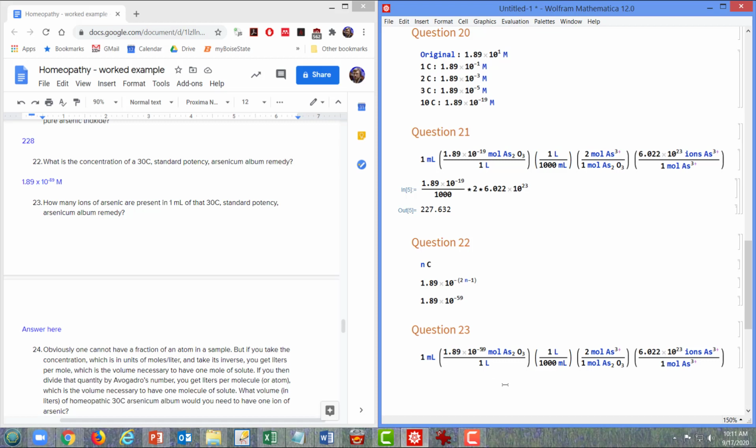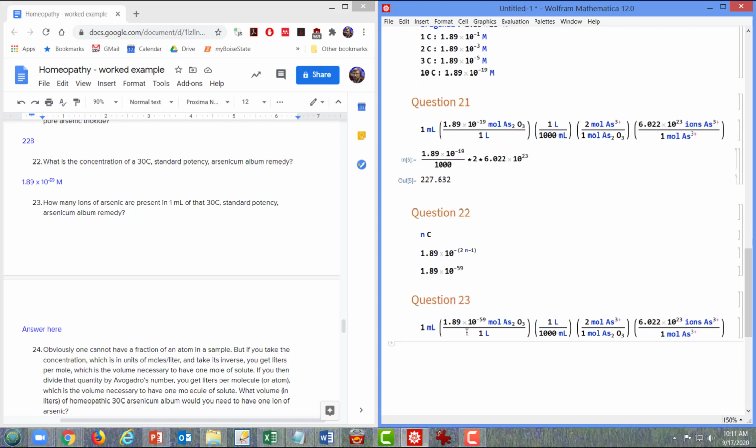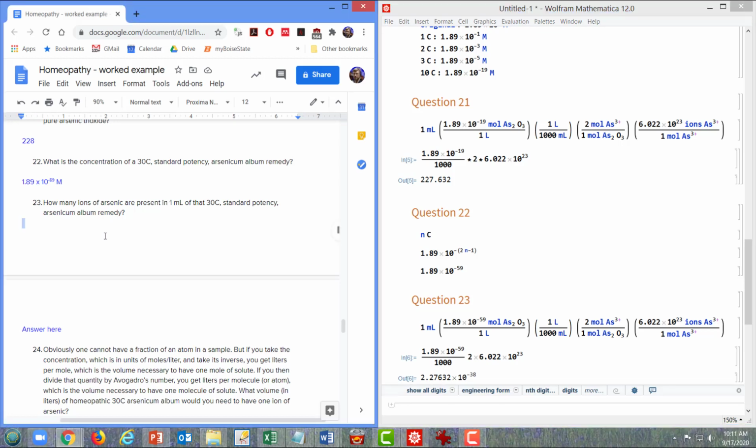Everything else is the same. So we plug this into our calculator, times 2, times 6.022 times 10 to the 23rd, calculate it, and we get an answer